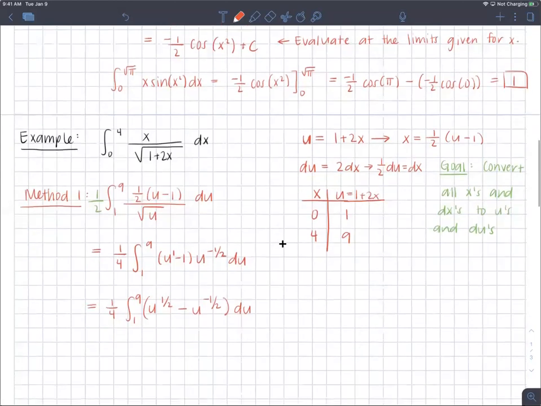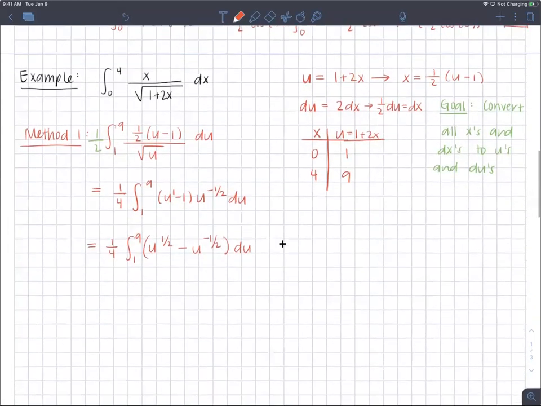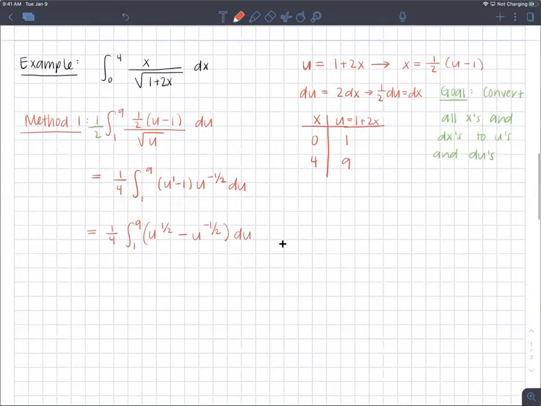Okay, so this is the point where it really starts to get different. The only difference between method 1 and 2 is that in method 2, you're just not going to have these limits here, right? And then in this next step, you're just going to have a plus c. And so this is the only time it really starts to differ. And so here, 1/4